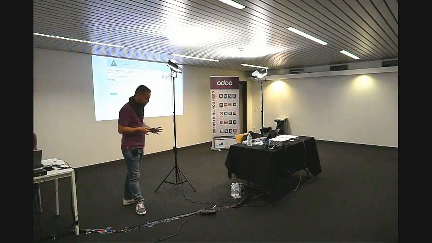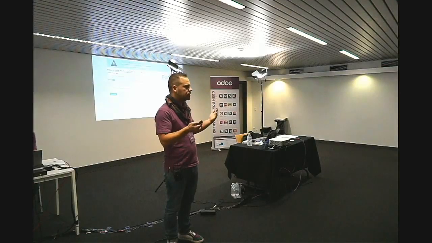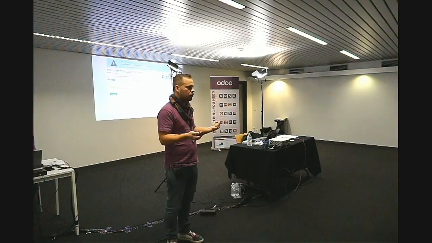Once you have done that, you receive a unique key. By the way, no need to try to hijack this one, I invalidated it. You receive a service key, and this is actually how you will be able to communicate securely with the IAP platform. This key will be your identifier, so that every request you send to charge a customer or to block